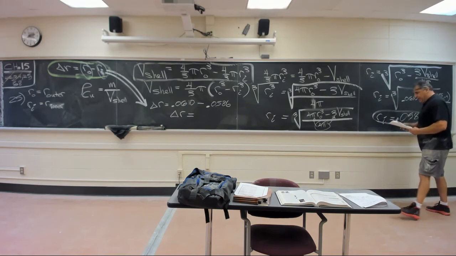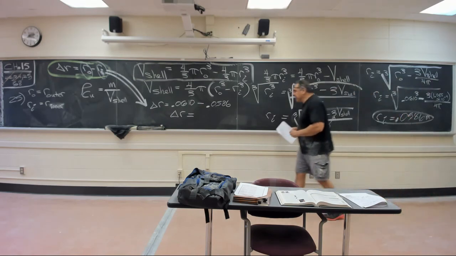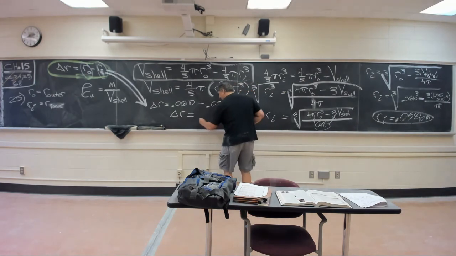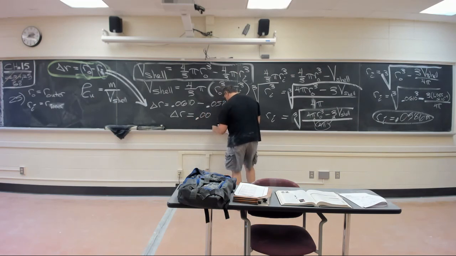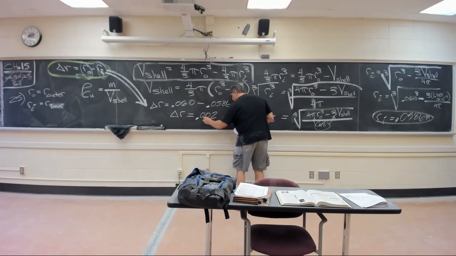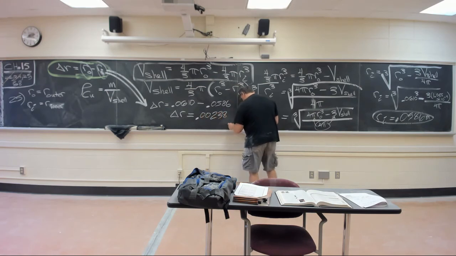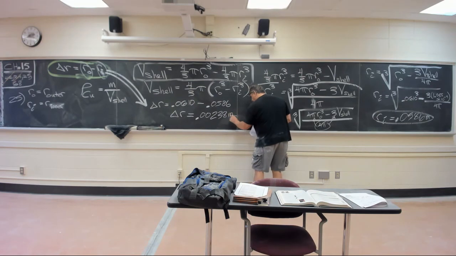But when you take it a little more specifically, the delta R is 0.00238 meters, which is